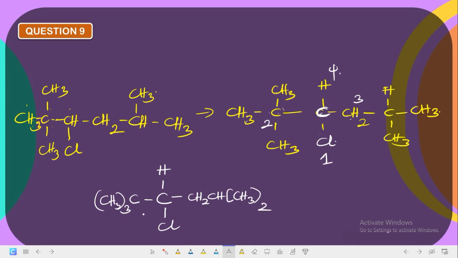Now, what is the configuration? It's coming from 1, 2, 3. So what configuration is this one? R or S? R, right? So we say this is the R configuration. Now, what do you think would be the S configuration? This one come here and this one comes here. Is that not so? Here will now become what? C. Then we have what? C bracket CH3 bracket what? 2. Here is what? Hydrogen. Here is what? Chlorine. You can represent it with the wedge structure, or you can just draw it like this,